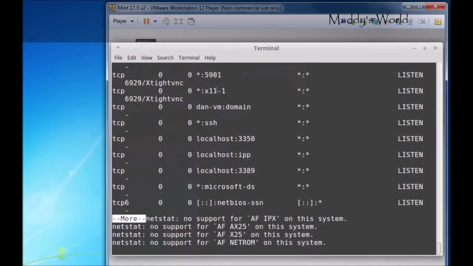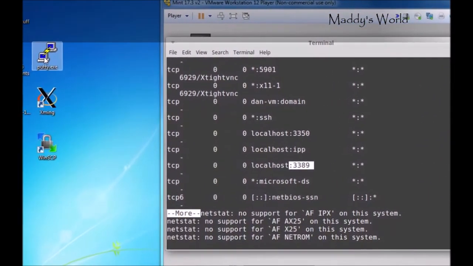And you can see that I'm listening on port 5901, X-Tight VNC, X11-1 here. There's SSH, the SSH server, and there's port 3389 xrdp. Okay, so now all I need to do is go over to my Windows computer, and let's start by launching